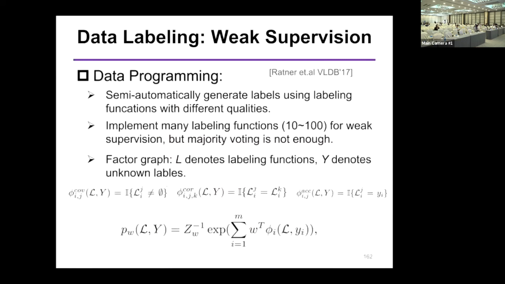Then the other one is data programming. Many machine learning applications need a large number of training data, which is very expensive to obtain, even resorting to crowd workers. So data programming techniques have been proposed to generate a large number of weak labels using multiple labeling functions rather than labeling each example. Where each function can be